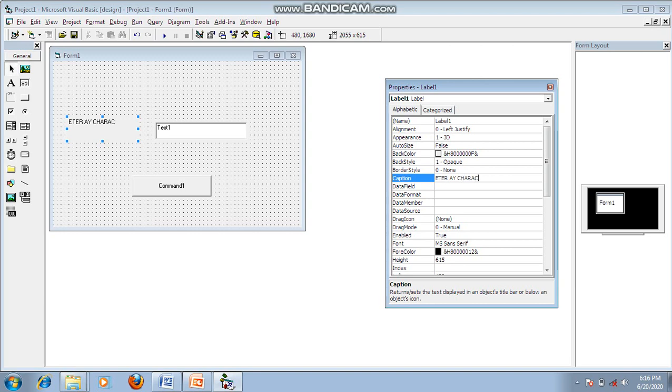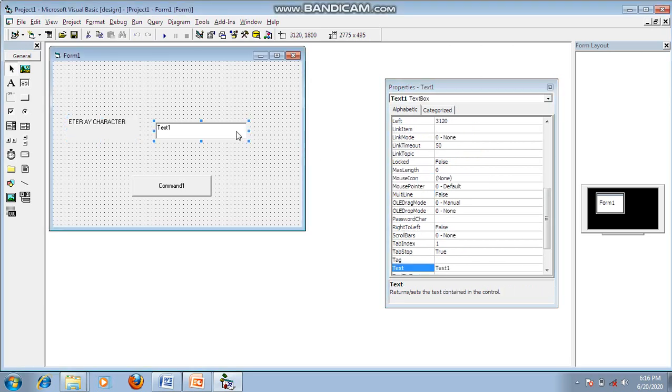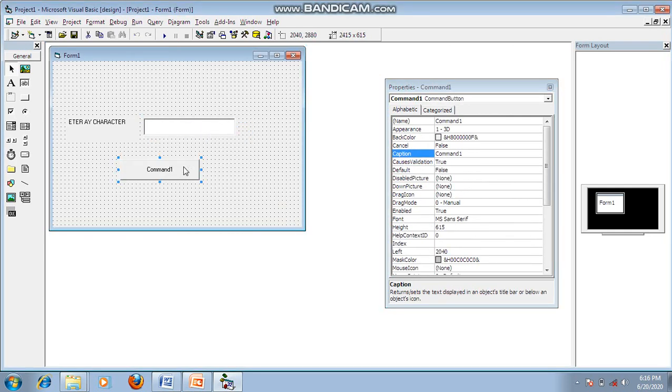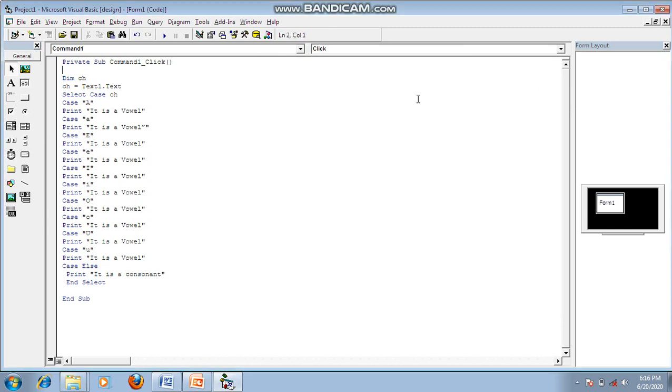I am clearing Text1. The code is the same: dim ch, ch is equal to Text1.Text. I am reading the value entered in the text box into the variable ch and passing it to the select statement.